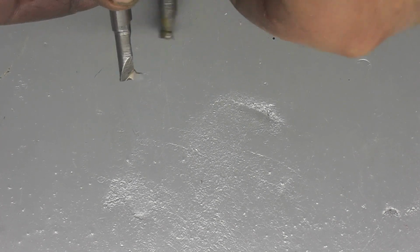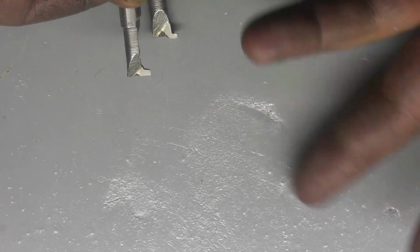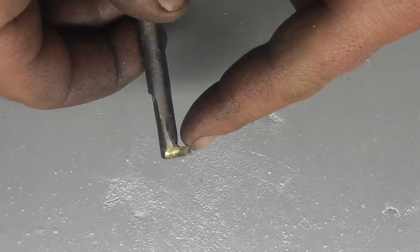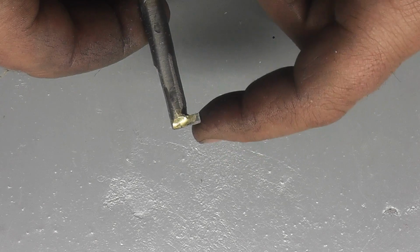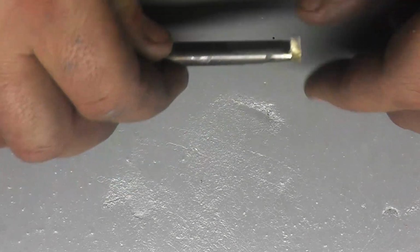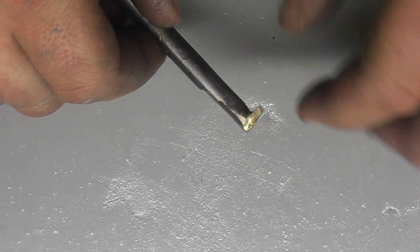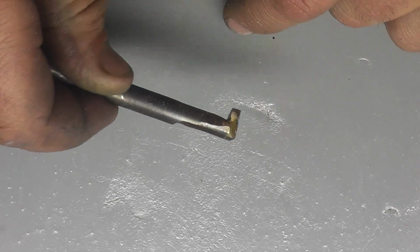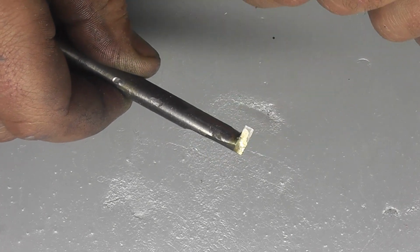And the tool that I'm going to use for it. Now I had a bunch of these, and these are for snap rings and things like that. But the depth of the tip of the tool is too small. I don't have the depth to be able to plunge the distance I need, and these are carbide faces. I can't grind them. So I made up my own. All this started out as a piece of 1/8 inch high-speed steel for a boring bar, and I just brazed it to a piece of steel, silver soldered it right to the end, and then ground it to width, made sure that this face here was parallel with this face, and ground some relief into it. And it works pretty good, and that's what we're going to be using for our